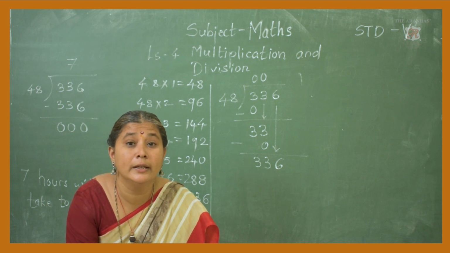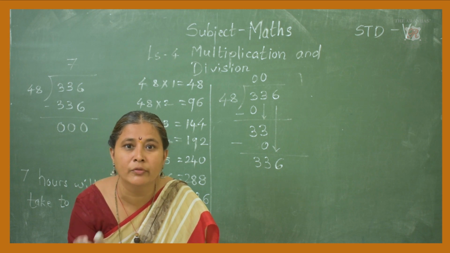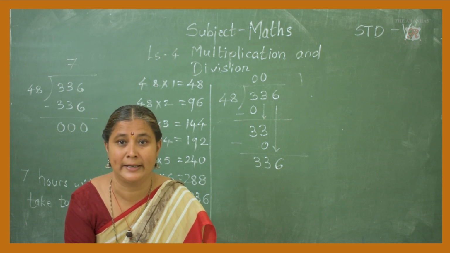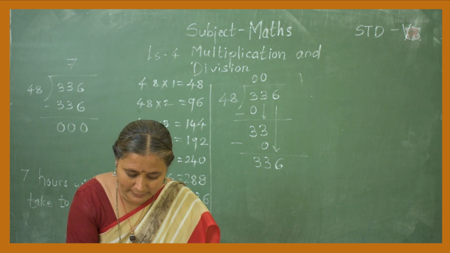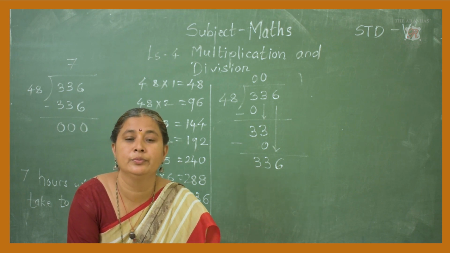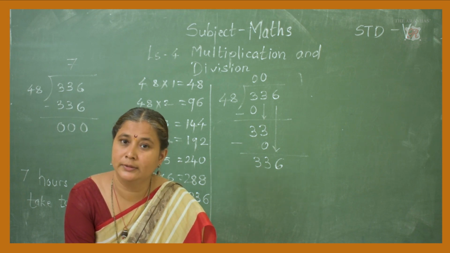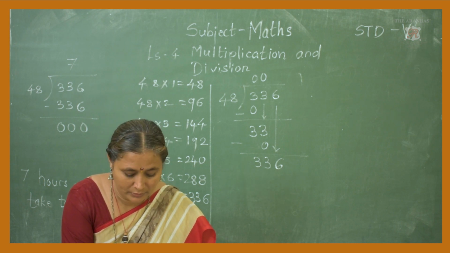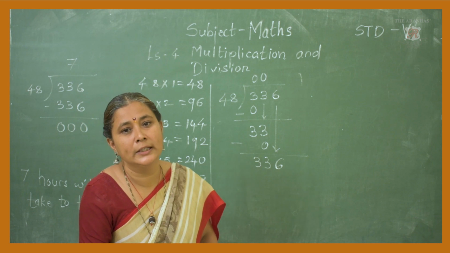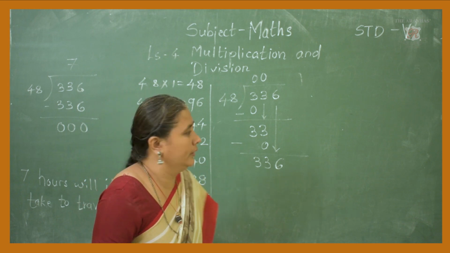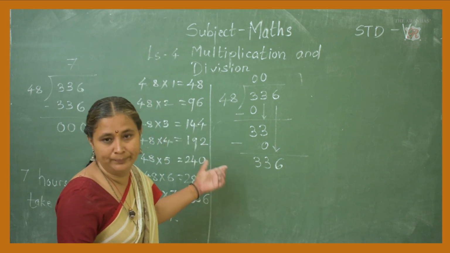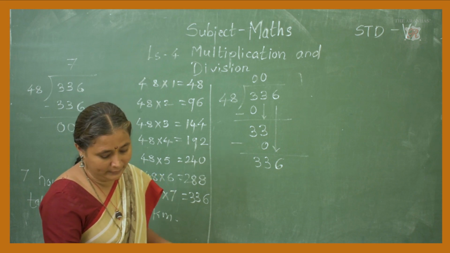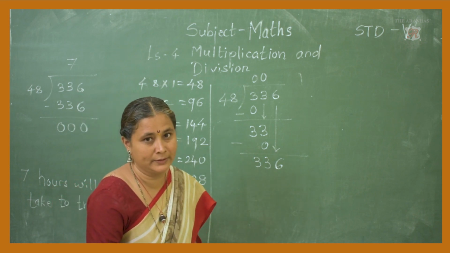Each. The word "each" mentions that we have to divide, isn't it? Again, what we have to do? We have to write the table of 35. Okay, and then solve like that, how we solve in the first sum, second sum. Okay, and then write the answer in the statement.